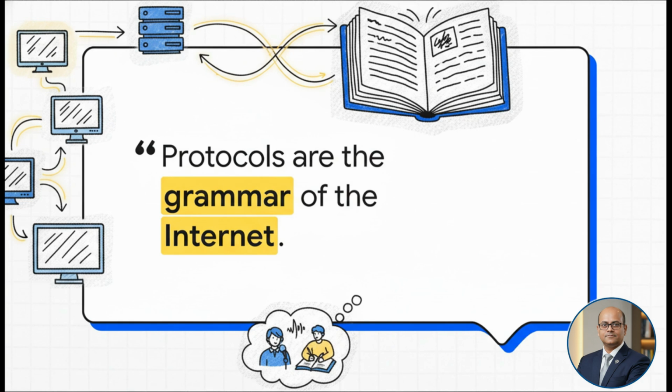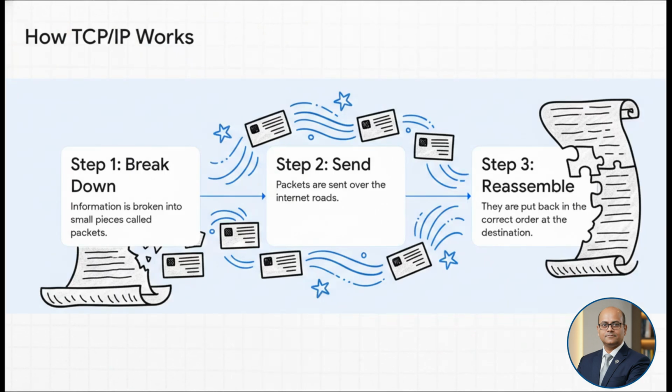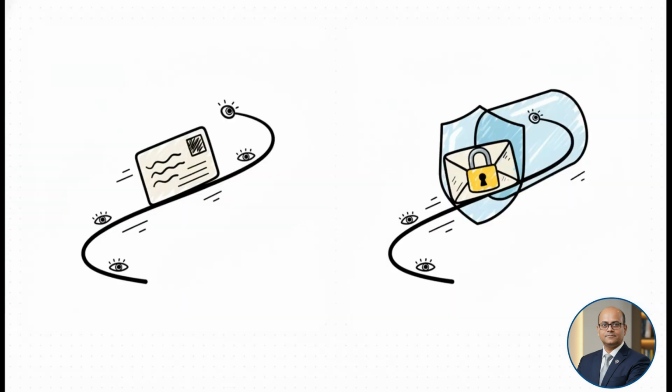You must remember this. The most important protocol is TCP/IP. This is very important, students. See how it works. Imagine you have to send a long story to your friend. Instead of sending one big letter, you write it on many small postcards and number them. 1, 2, 3, 4. That is what TCP/IP does. It breaks big information into small pieces called packets. Then it sends these packets on the internet. And at the other end, it puts them all back together in the correct order. Very clever.